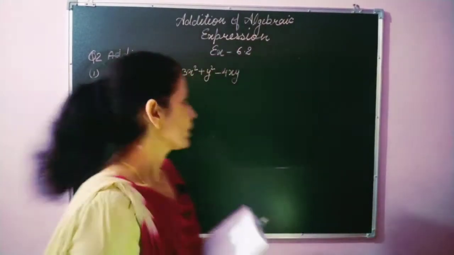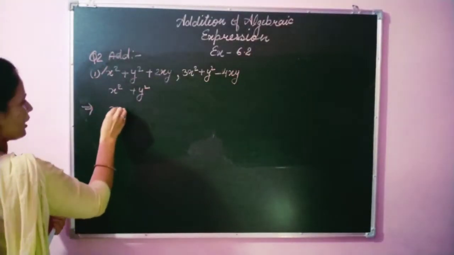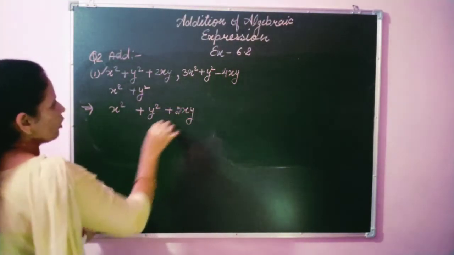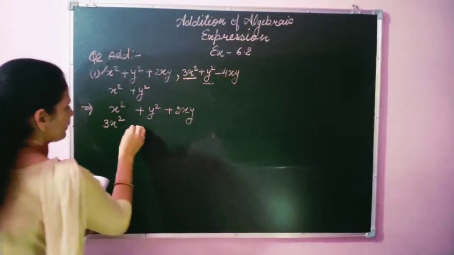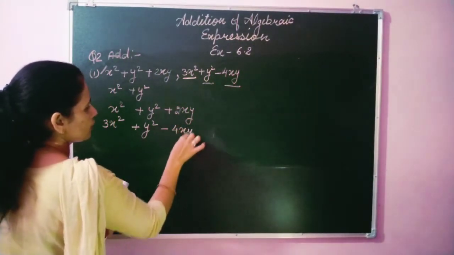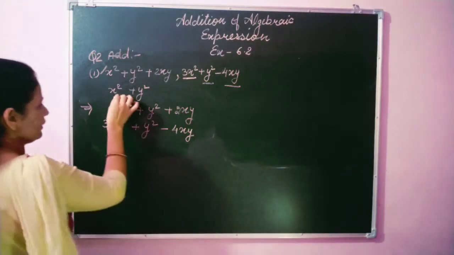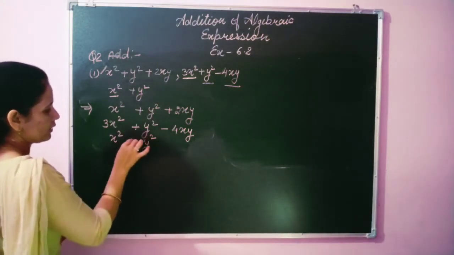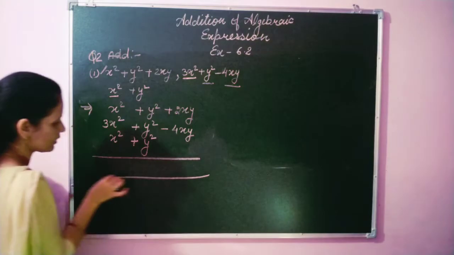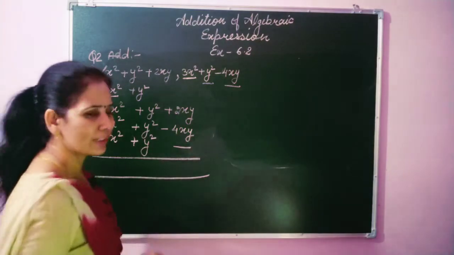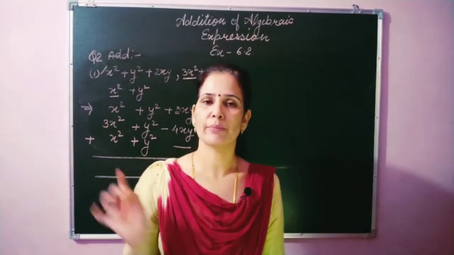Okay, so the first step, first of all, arrange all the algebraic expressions according to the like term in column way. So first we write the first algebraic expression, x square plus y square plus 2xy. Now observe the second, 3x square, right below the 3x square, y square, right along with their sign, y square, minus 4xy, minus 4xy. First we have arranged, now the turn of the another one, x square right below the x square, then y square, sign plus. Now we have arranged all the three algebraic expressions in column. If any term is missing, that is blank, no need to write any zero. Okay, it will remain blank.